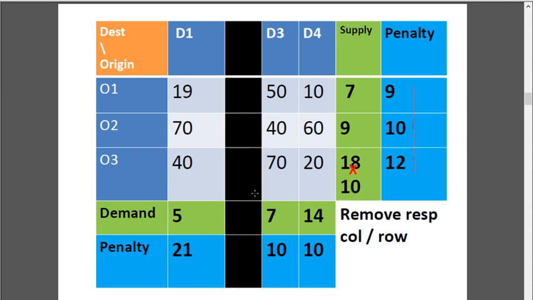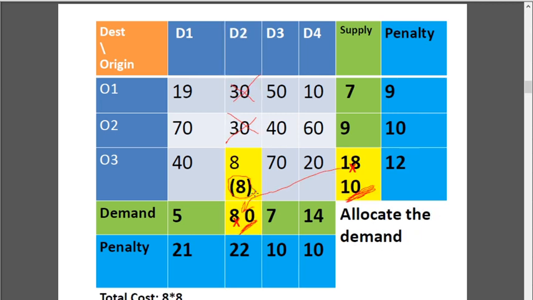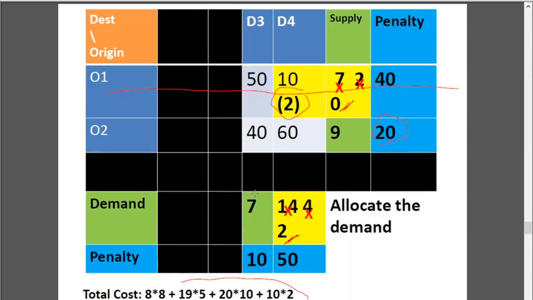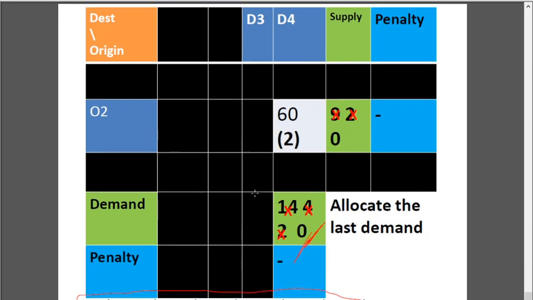Then you can delete the respective column or else respective row, and keep on repeating these 3 steps till all the cells have been processed and you have satisfied all the demands. That is, at the last only one cell will be remaining, and you need to allocate the supply, and the demand becomes 0. So this is about the penalty method.